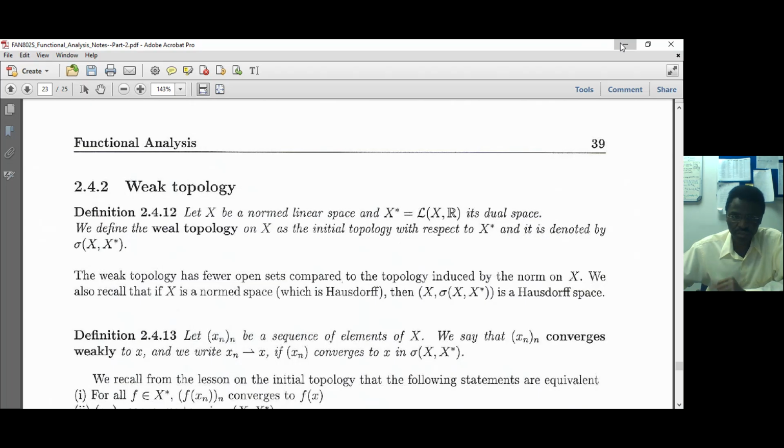After topology, we encounter the concept of initial topology. That's what we call it. And if you recall, in the initial topology, what we did, we had